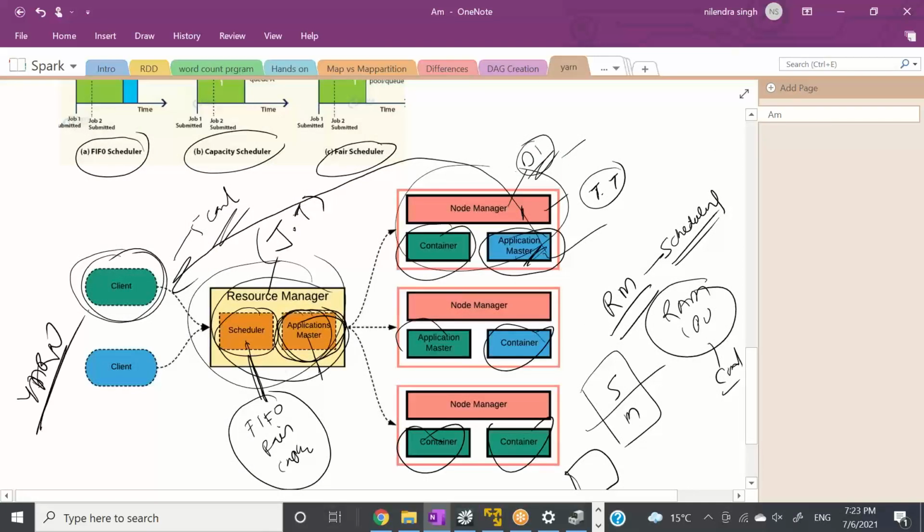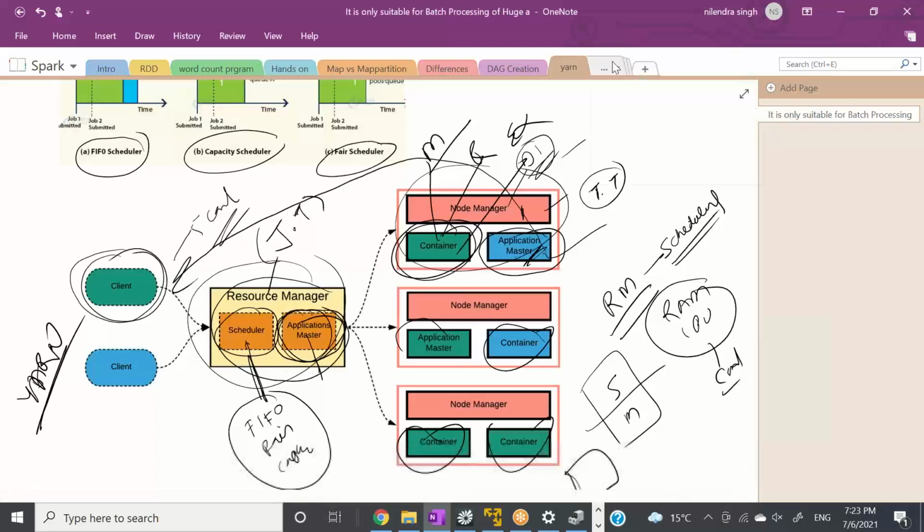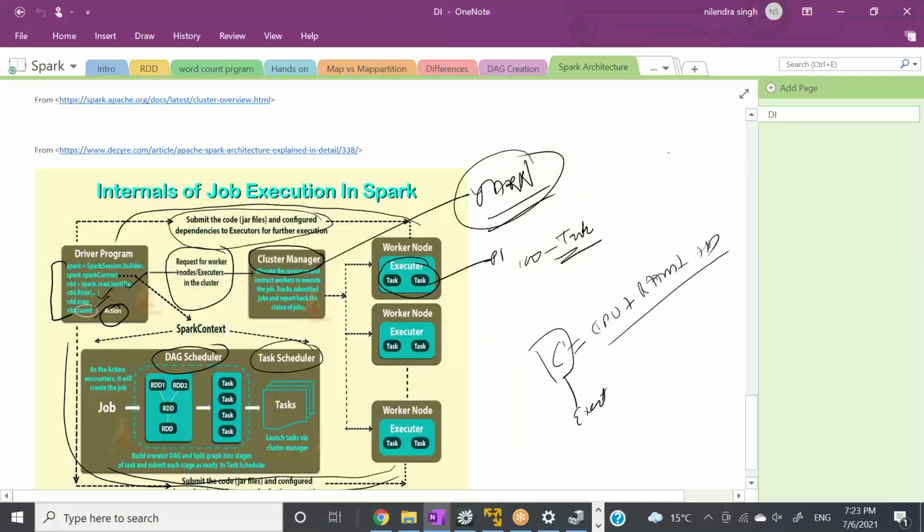The good part about Yarn was that everything is created in the form of a container. You can run a MapReduce job here. You can run a map job, a reduce job, an executor for Spark, and even any other computing framework, right? So this Yarn, this particular resource manager, can be used as a cluster manager in Spark if we want.